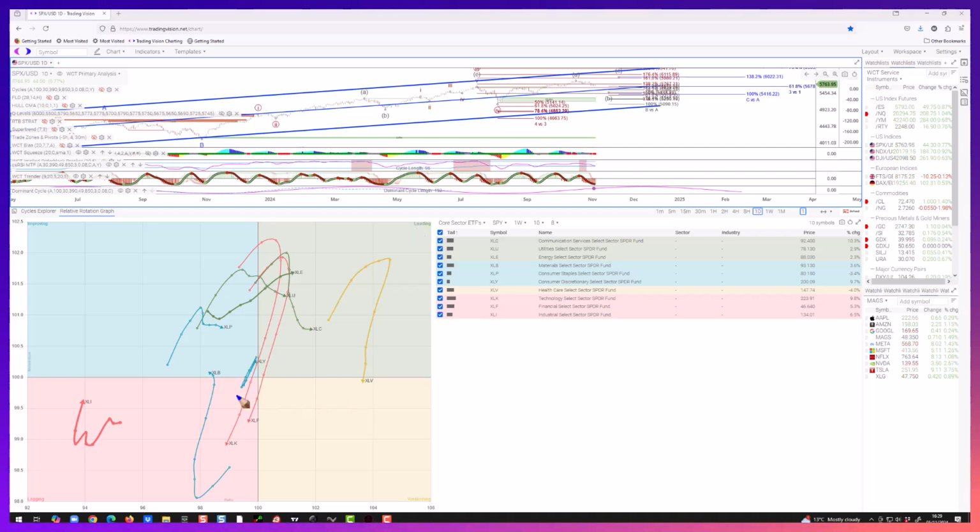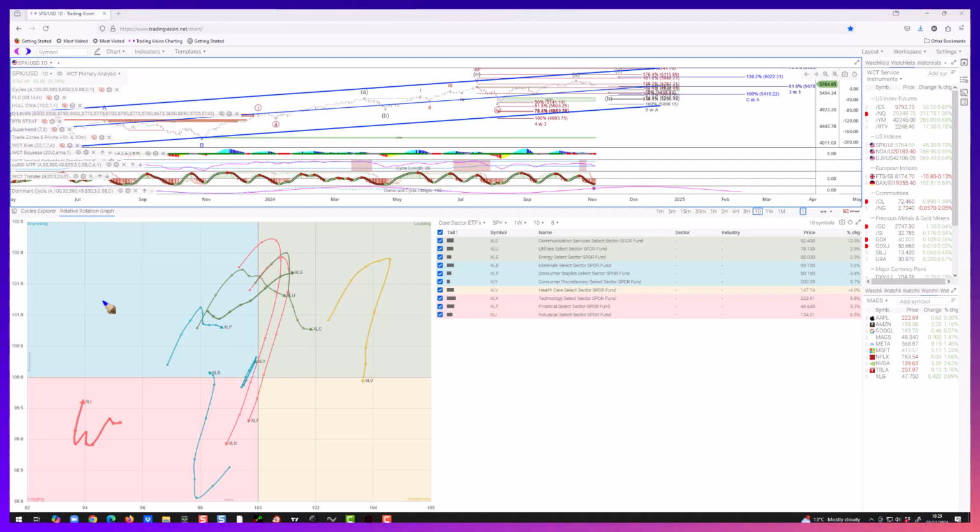Now, if we look at XLK, this is on a weekly time frame. It's come from improving briefly into leading, and then look at this. The tech sector has been on a relative basis weakest. If we look at the XLF, the financials, again, a brief period in the sunshine as it were, but look at this on a weekly basis, and both of those are still pointing down. They're not even starting to curl across and up as yet. So those 2 sectors that we'd expect to lead the market are not doing so.